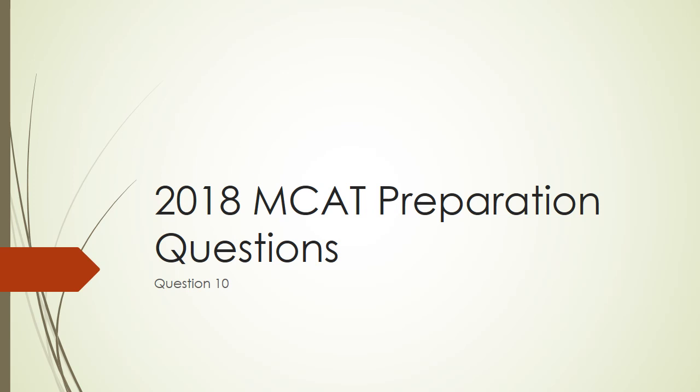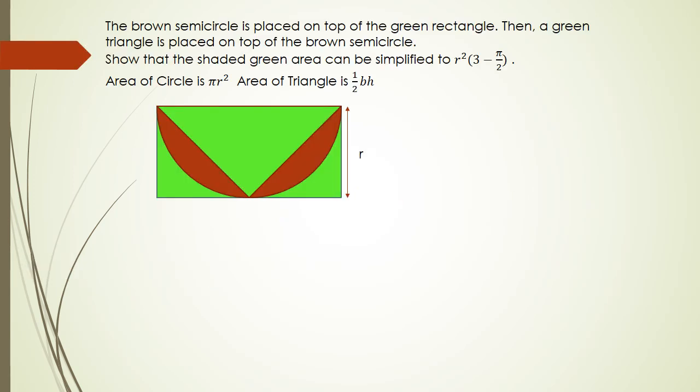So today's question is this one here. Basically what we have is a brown semicircle that's been placed on top of a green rectangle. Then a green triangle is placed on top of the brown semicircle. Now it says show that the shaded green area can be simplified to r squared bracket 3 minus pi